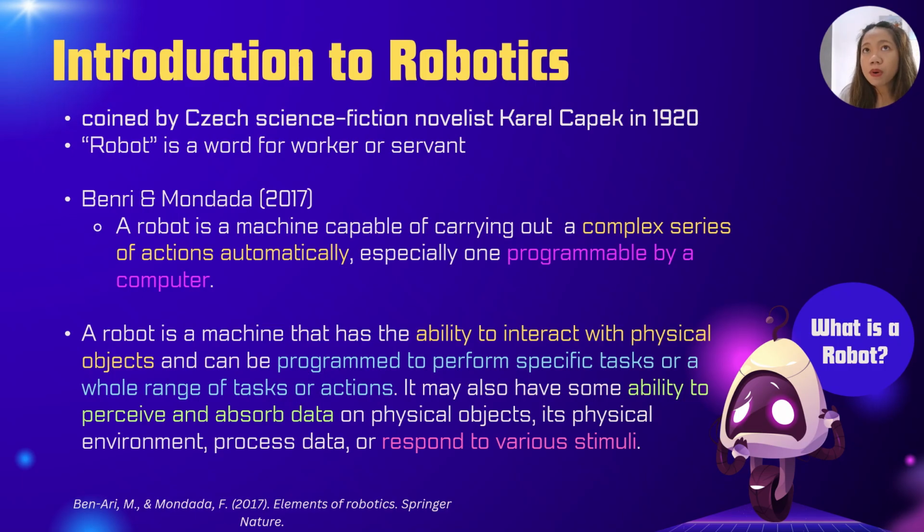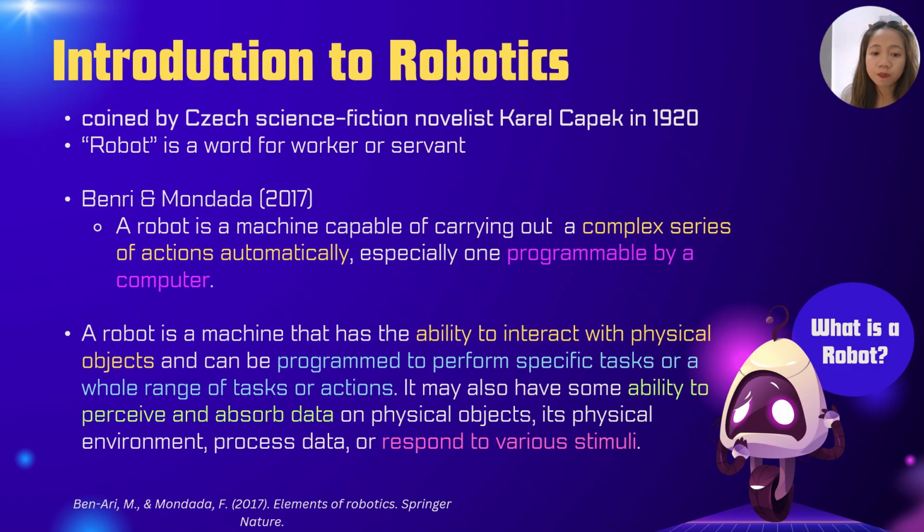Now, the term robot can be quite non-definitive. So there is some flexibility in the word robot, but take note that there is a specific set of characteristics highlighted here in our slide. So again, it must be a machine, so it must be a physical entity. Next, it must be able to carry out a complex series of actions automatically. So take note of the word automatically, and we do that automatically because it's programmable. So we create a robot, a physical machine that is capable of doing a series of tasks because it was